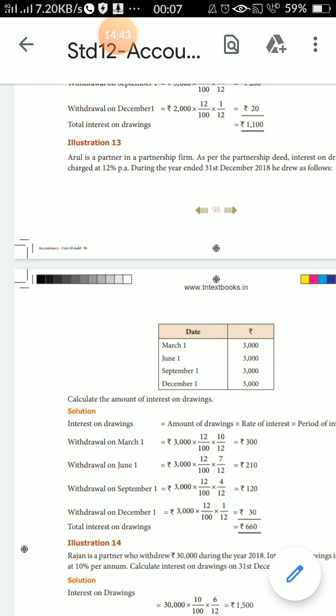Listen students, the theory questions in this lesson are also very important. If you go through the theory questions thoroughly, the methods of sums will be very easy to understand. Compulsory in this lesson: one 5-mark sum, one 3-mark sum, and one 3-mark theory question or one 5-mark question. This lesson is compulsory.